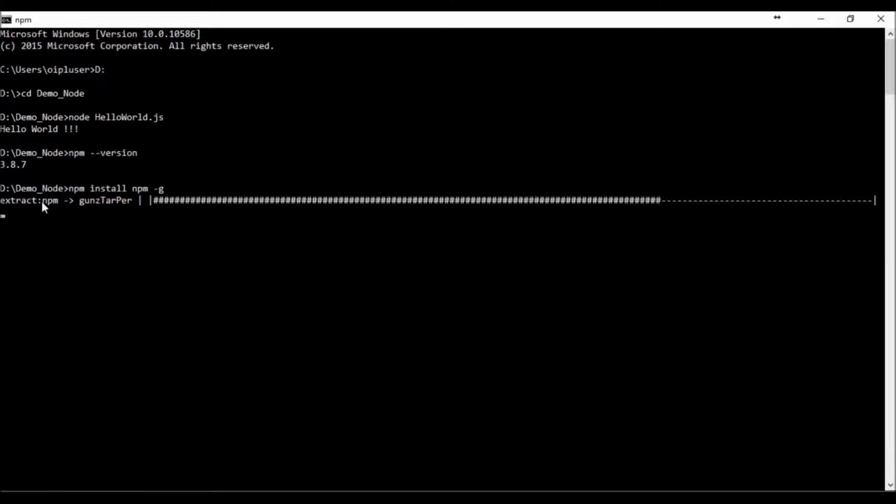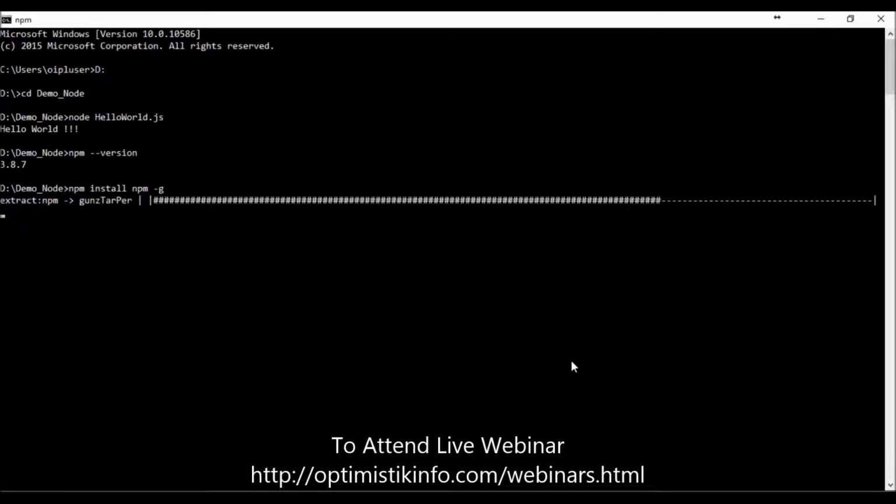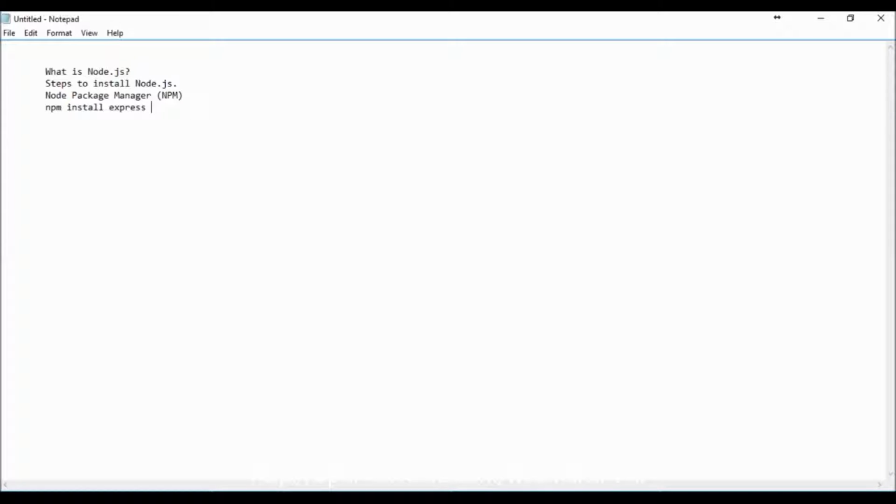Now you can see here, installation of npm is in progress. Like this, we can install npm.